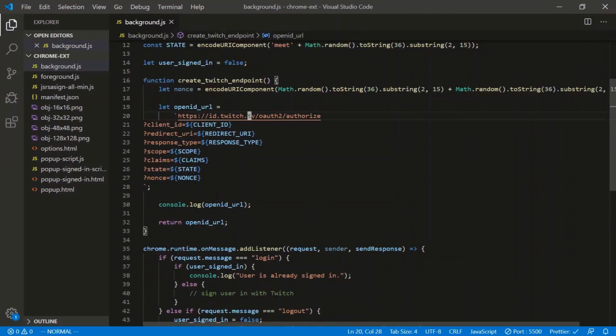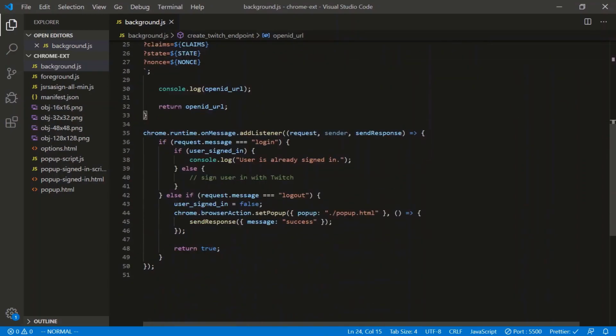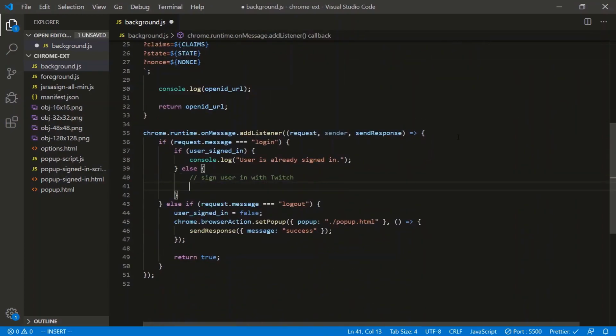All right, so I've just constructed that URI or URL. We have the endpoint here, and then we've just attached all of that information here. We've printed it to the console so you guys can see it, and of course we return it as the return value for the function. So let's go down here and actually use it. If they're not signed in, we'll launch the